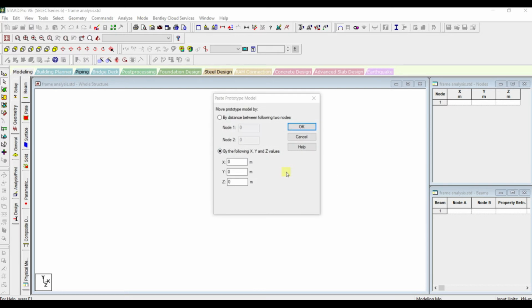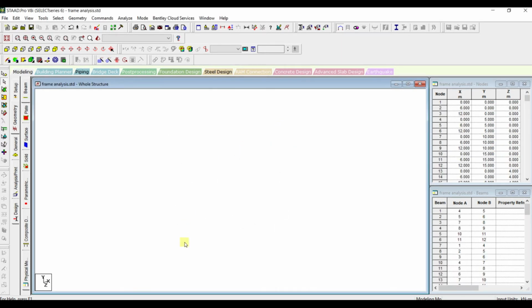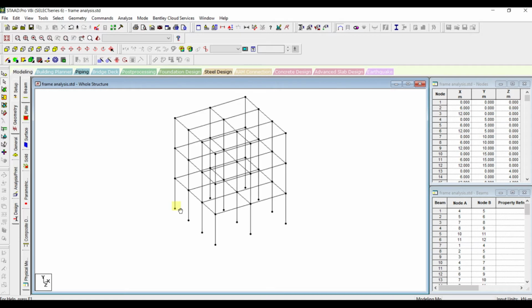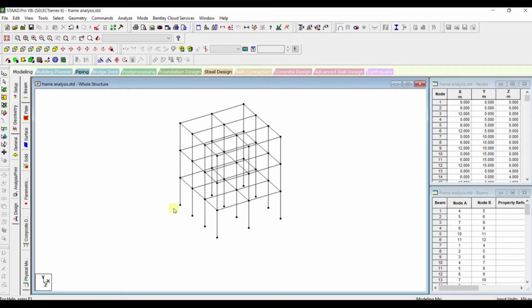Click on yes. Now it is asking at what coordinate we want to import our bay frame model. Here the values of x, y and z coordinates are 0, so that is the origin point. Now I have imported the model to the origin point.